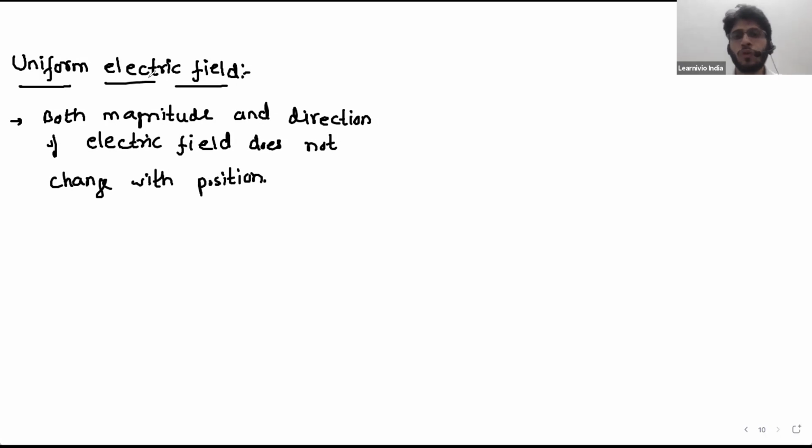That the field is uniform. Neither magnitude nor direction will change. For example, this 10 Newton per Coulomb, this 10 Newton per Coulomb, this 10 Newton per Coulomb. This is a uniform field. Now for uniform field,